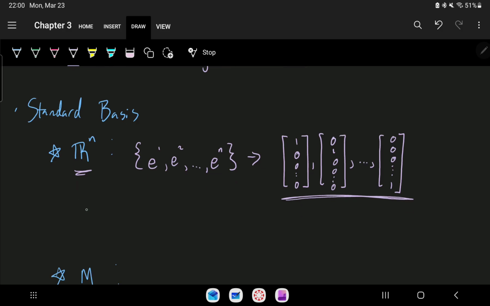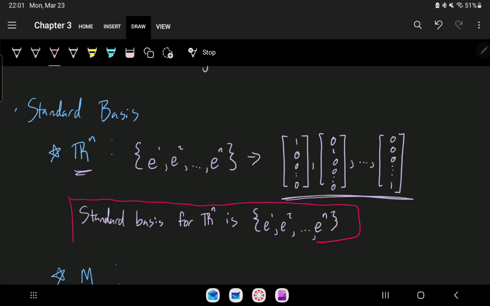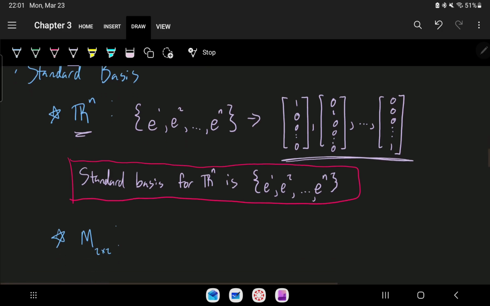So in this way we can say the standard basis for R^n is this chain. Alright, we have our first standard basis. Now, in the same vein,